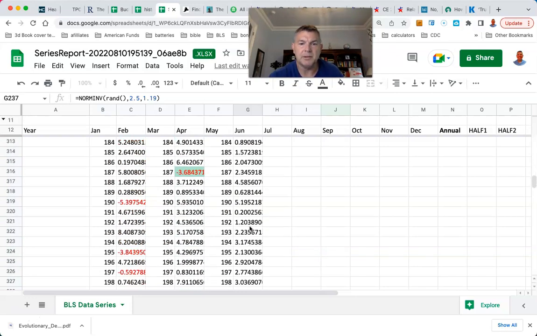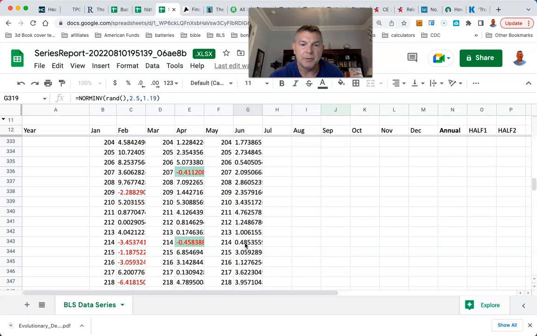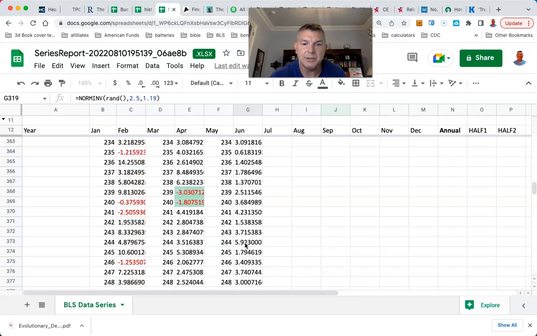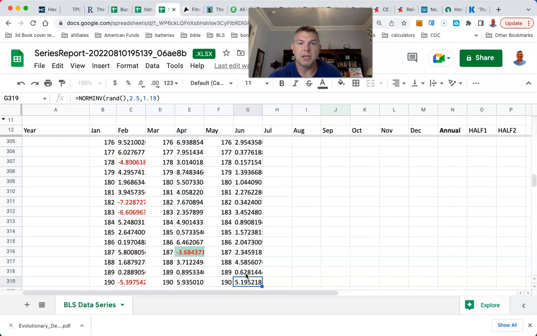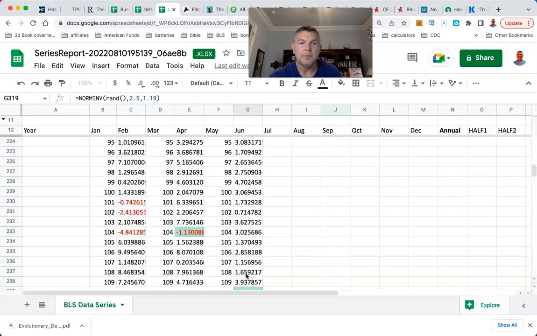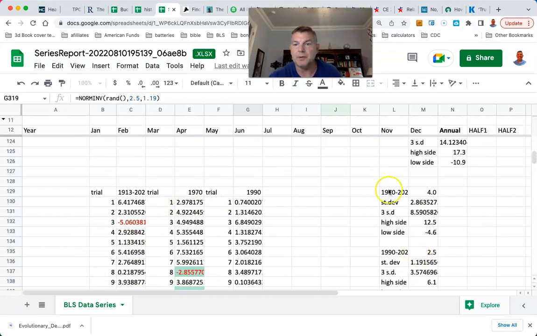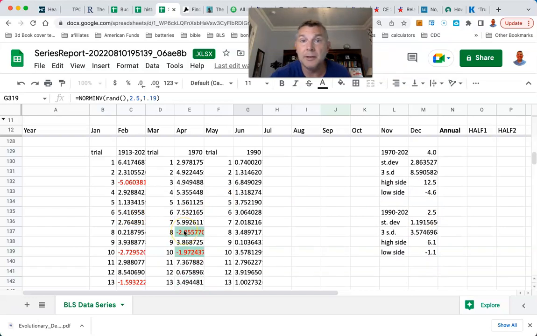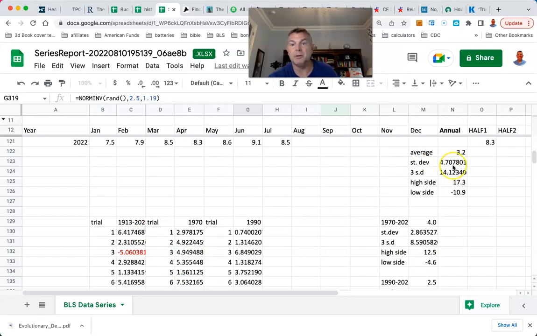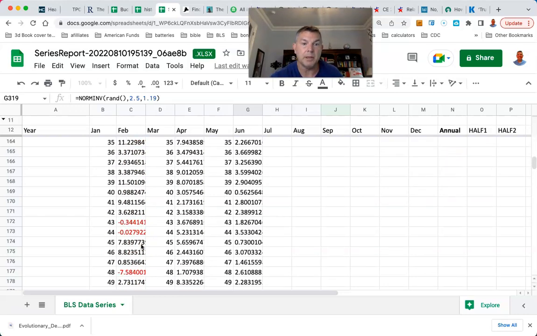I see another 5 right there, 5.1. There's a third deflation. So basically, I have 250 trials. We had 3 deflations for the last 30 years. 4. Okay, good. I didn't realize we had 4. But we can change this however we want. Now, what you'll see here, if we go to the 1970 to 2021, much more volatility. Our standard deviation is at 8.59, and you can see a lot more deflations. And then if we go to 1914 on, our standard deviation is much higher, and red is deflation, a lot more red here. Look at all those reds.